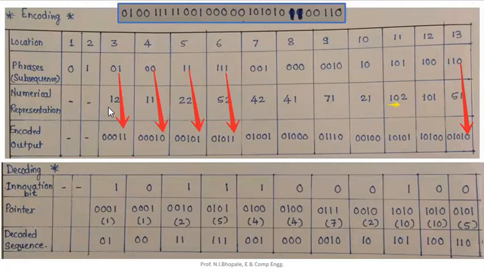So whatever bit we have here, I will represent it in terms of 4 bits, that is 0001. Similarly here also it is 0001, here it will be 0010, here it is 0101. Next 0100, 0100, 0111. Here we represented this 2 in terms of 4 bits as 0010. Then this 10, remember this is 10, not 1 or 0, but rather 10. So it will be represented like 1010.